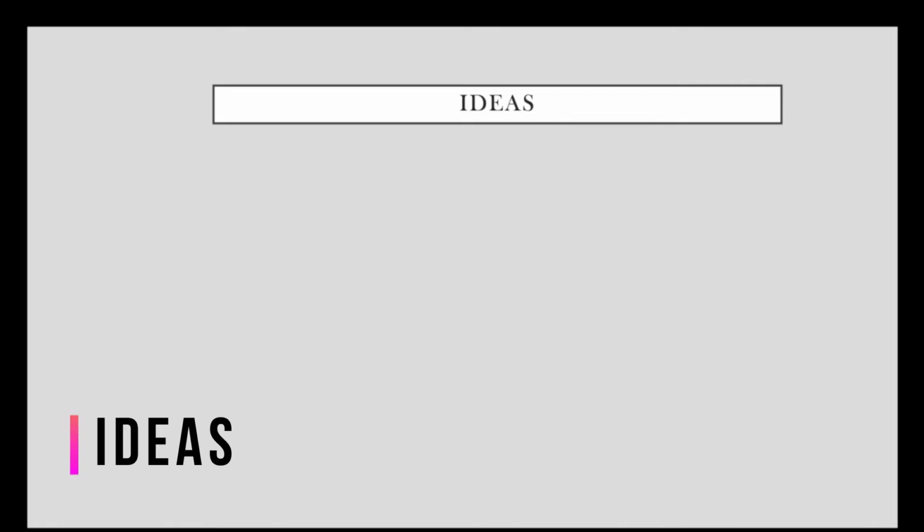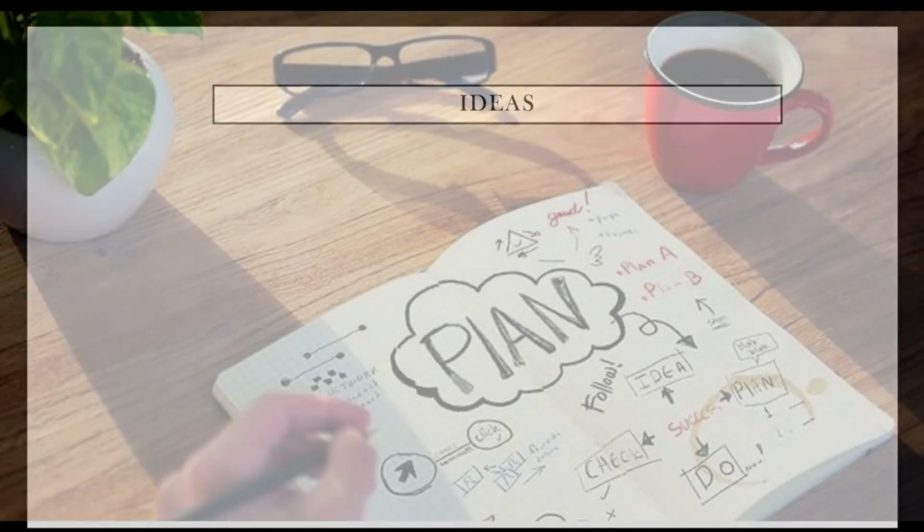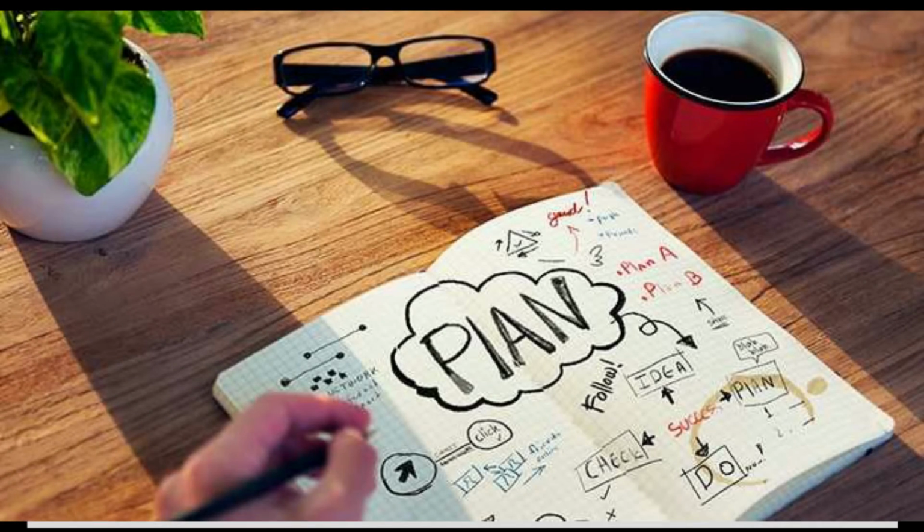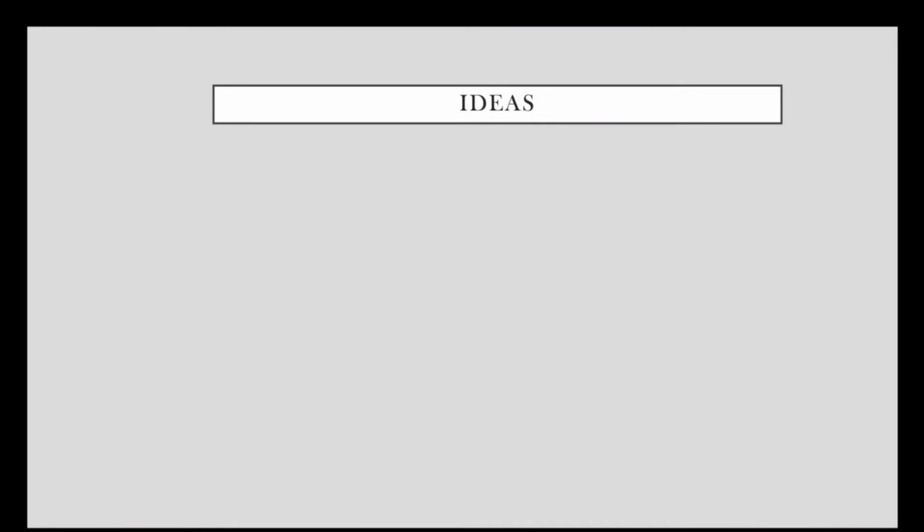Now, the section called ideas could mean various different things. For example, you have to have a general idea of all the stations, how each should go about, and you should also have this planning in your mind before you enter any station. So that could be ideas as well.